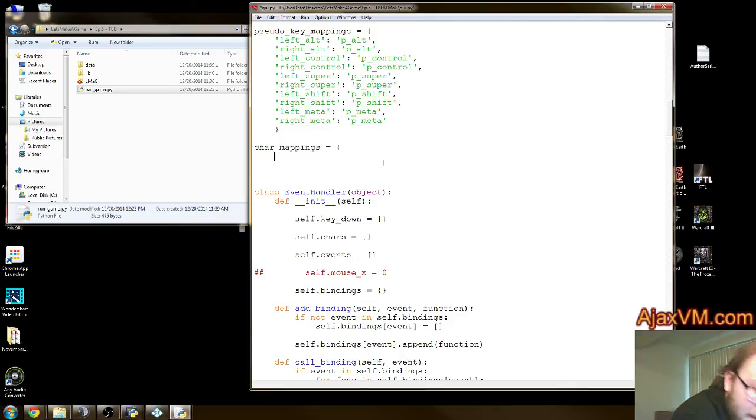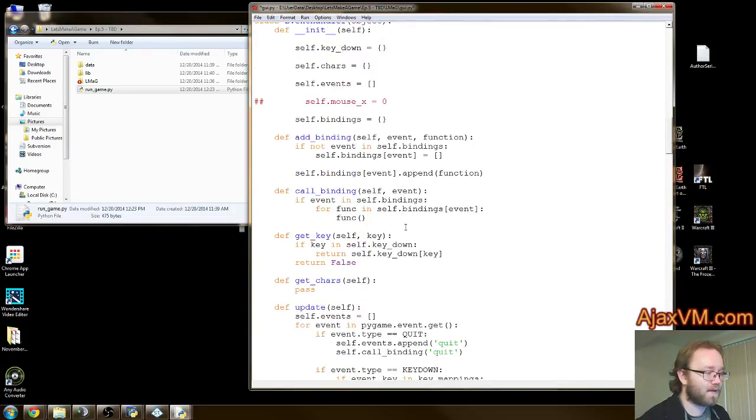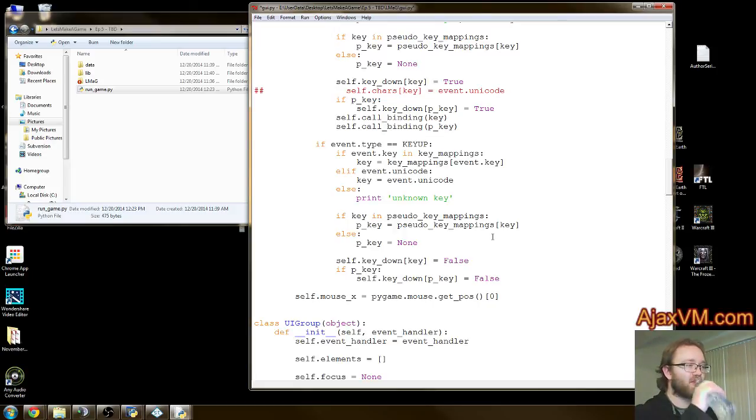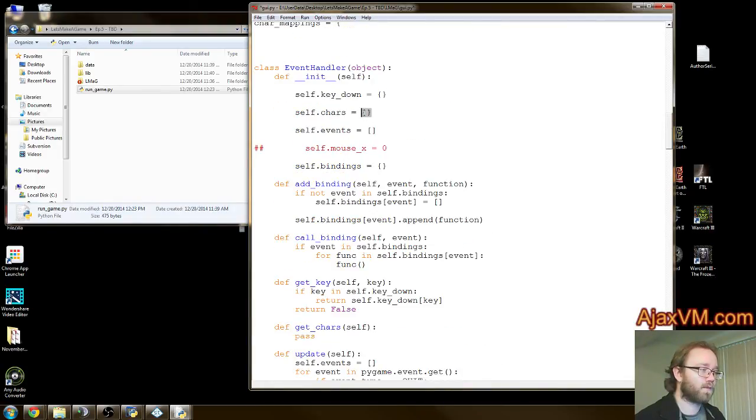Trying to think, do we want to go to all this work or do we want to find an easier way? That's the question. If anyone has any ideas, feel free and shout out. This is why we're making this into a library, so we can think about this once, hopefully, and then we don't have to worry about it next time. So we want a list of characters, or a string of characters. So every time it updates, we want to make sure